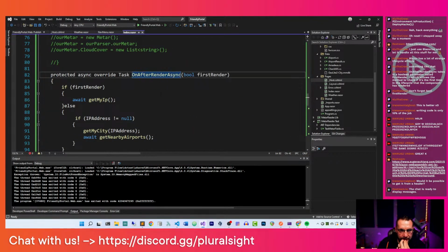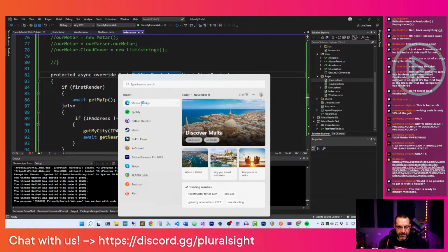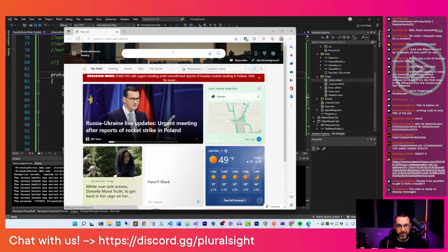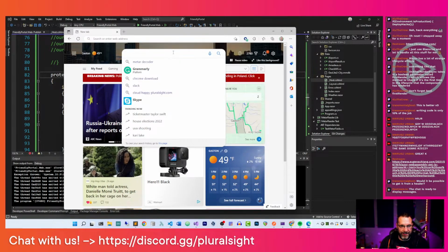I do like this on after render async thing. That's pretty cool. And it looks like I keep closing my Edge window here. The reason I'm using Edge is because I have Chrome set up to actually run the stream, so I don't want to confuse the two, and I don't want to open and close windows, so I have it set up to go to Edge, and then I use Edge as the browser on the stream, which then means I'm using Bing for,